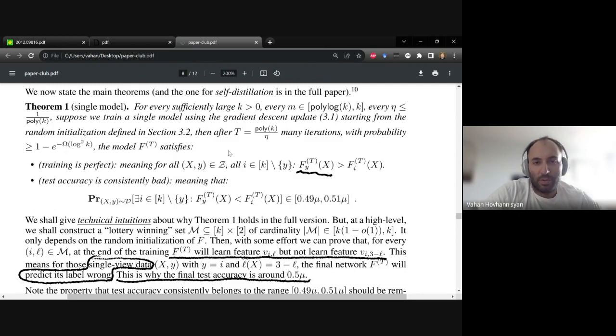We train a single model using gradient descent. It has to be gradient descent for the theory to work, starting from random initializations, as we defined before. Then after a number of iterations, which is a polynomial of the number of classes, with eta as the coefficient, with high probability, the high probability we defined before, the model F satisfies: the training is perfect, so we can perfectly fit the training set. This means that for all x and y in the training set,